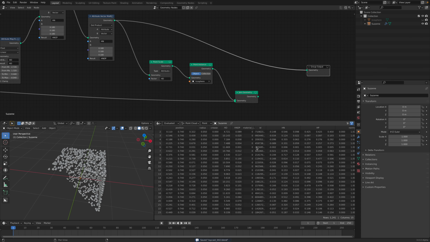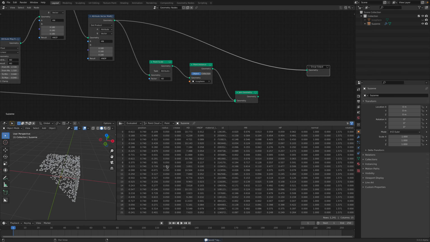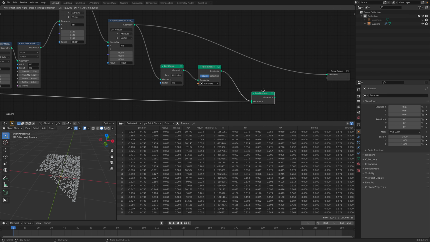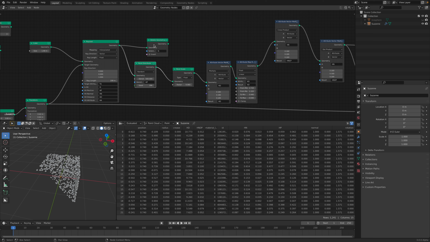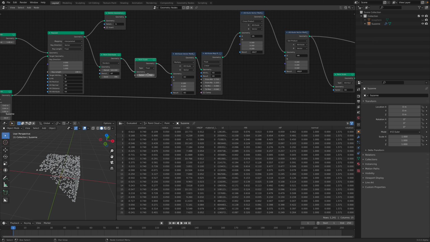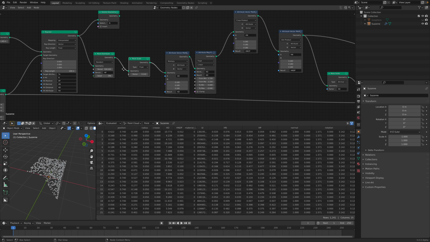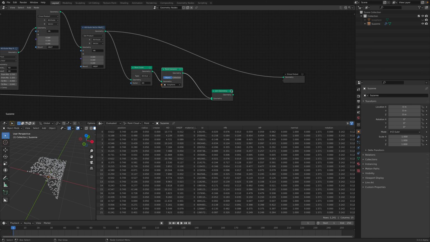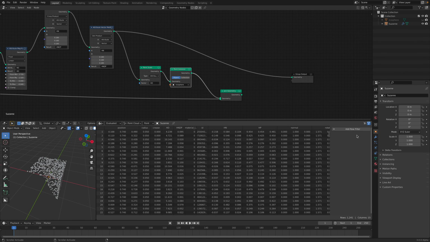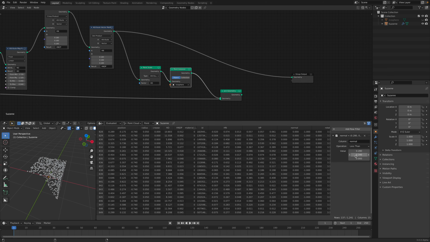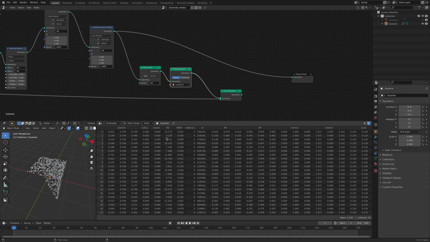Okay, it becomes a point cloud with all these attributes, which is actually pretty cool in itself, because we already distribute some points here and we scale the point. So all the attributes now are becoming just points that we can pass into point instance. We actually have something new here. We can filter out column. So I'm not gonna use that for now, but